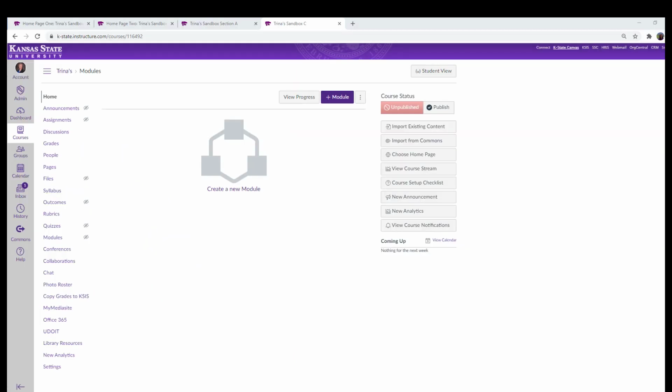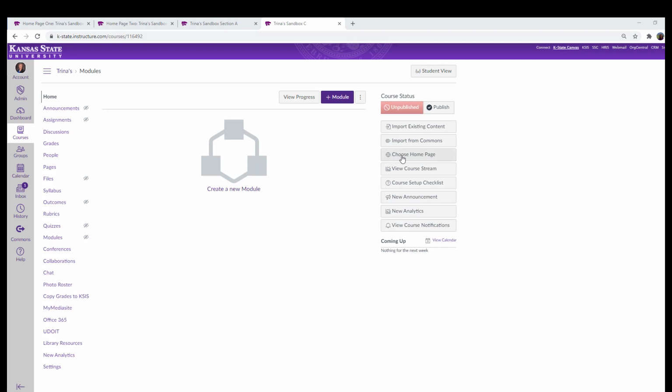Canvas provides several options of a landing page or home page. We will mostly be talking today about a customized home page. However, this is completely optional. If you do not want to build a separate home page, Canvas allows you to set the home page to your course modules, syllabus, assignments, or course activity stream.